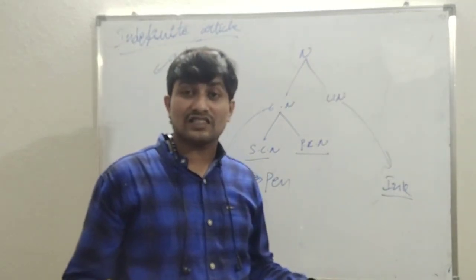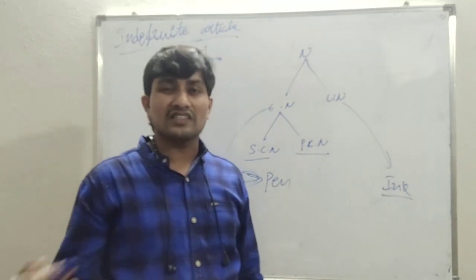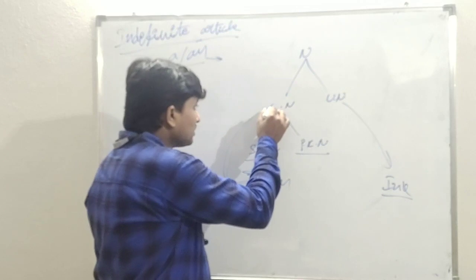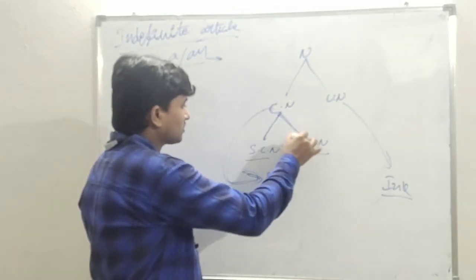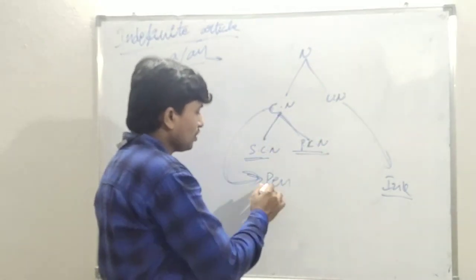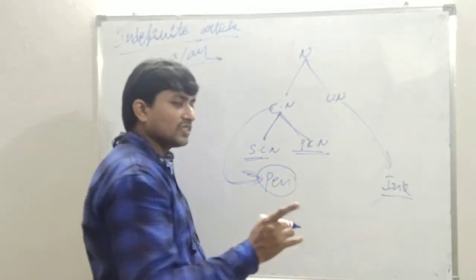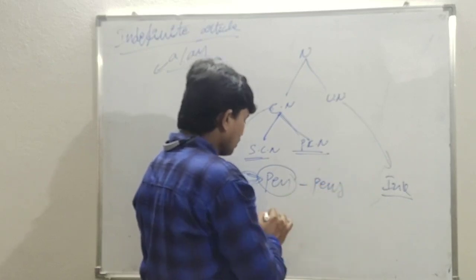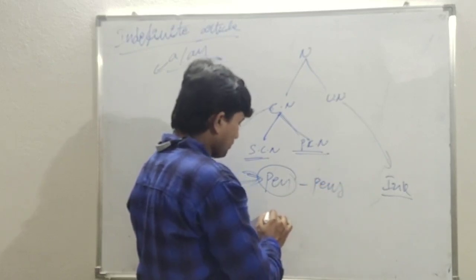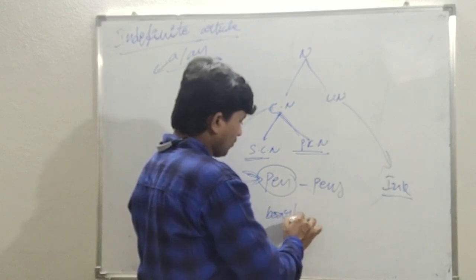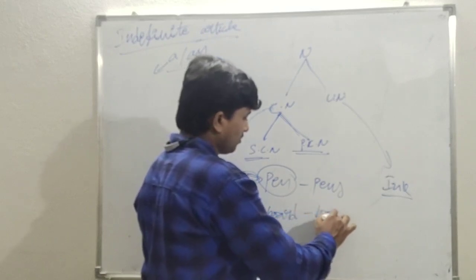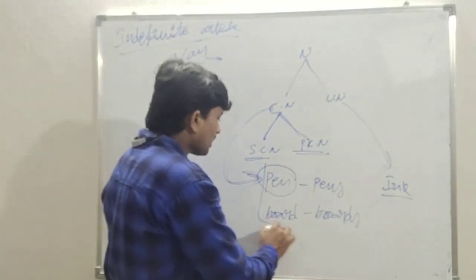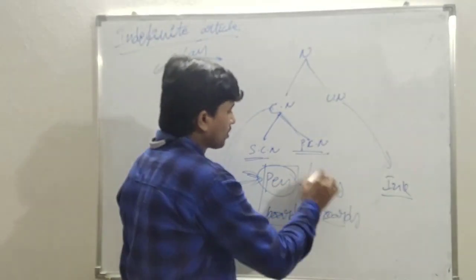We discussed many examples in our previous class, what are countable nouns and what are uncountable nouns. But see here, this is very, very important. Countable can be of two kinds: singular countable noun and plural countable noun. Singular countable noun here is pen, because it is only one pen. And the plural countable noun is pens. Suppose board, B-O-A-R-D. What is the plural? Boards. Have you understood? So there are singular countable nouns and plural countable nouns.